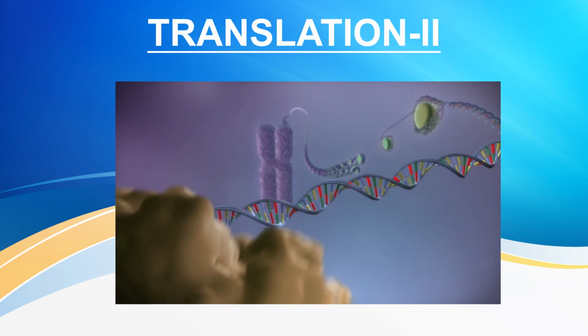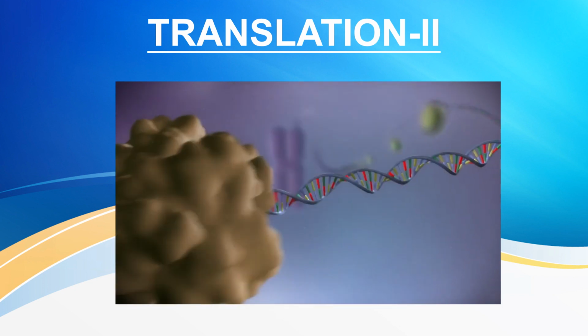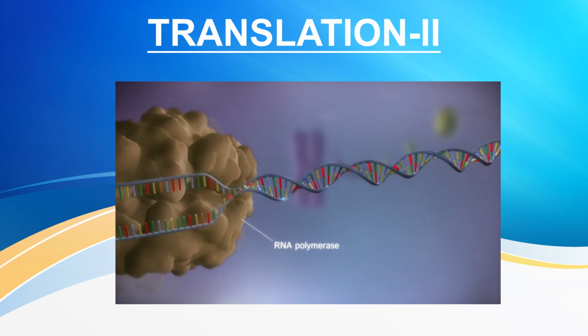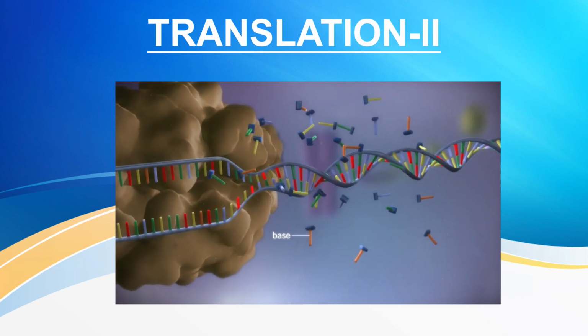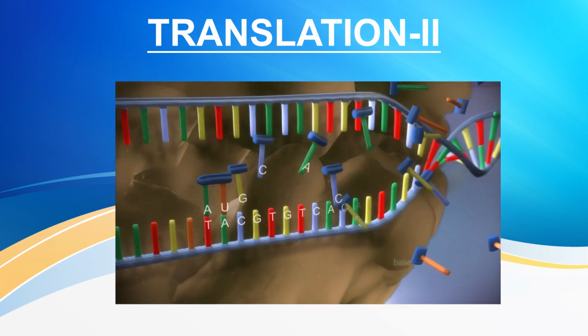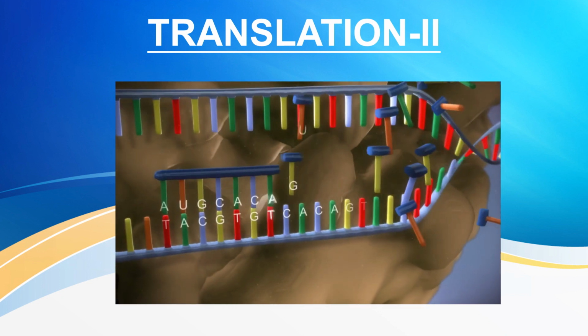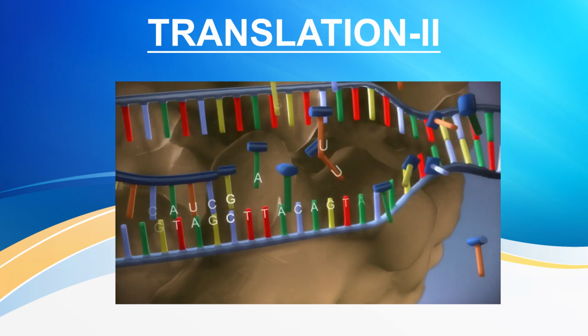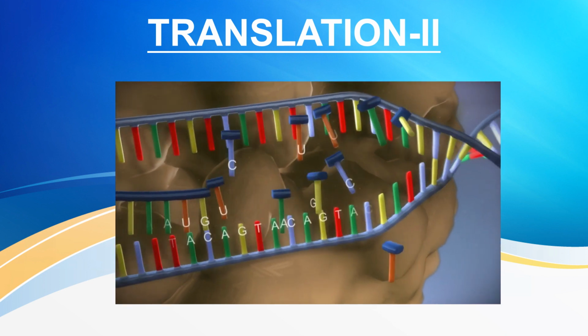When a gene is switched on and an enzyme called RNA polymerase attaches to the start of a gene, it moves along the DNA, making a strand of messenger RNA from free bases in the nucleus. The DNA code determines the order in which the free bases are attached to the mRNA, and this process is